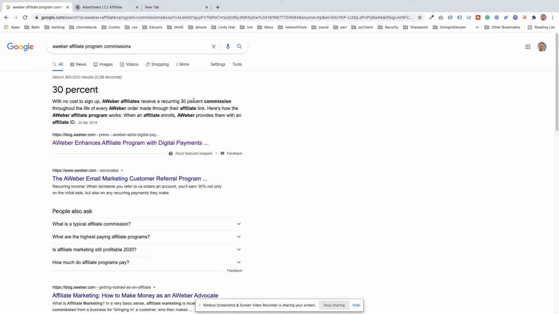Oh, you get 30%. Well, AWeber, you get 30%, which is pretty good, but that's also a subscription service. That means every month, month after month, as long as anybody you refer over there stays with AWeber, you're getting 30% of what they're paying per month or per year for their subscription to use AWeber. You also see here, comes up AWeber email marketing system. So it's very easy to actually find